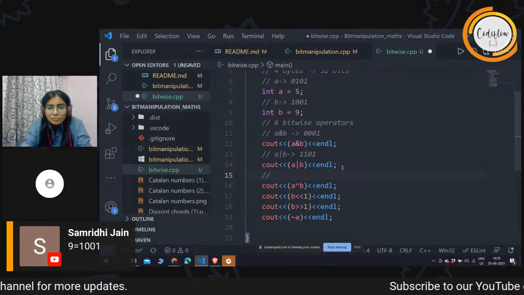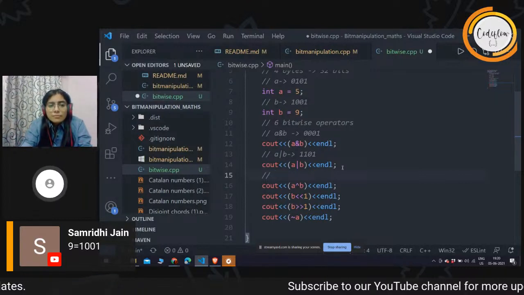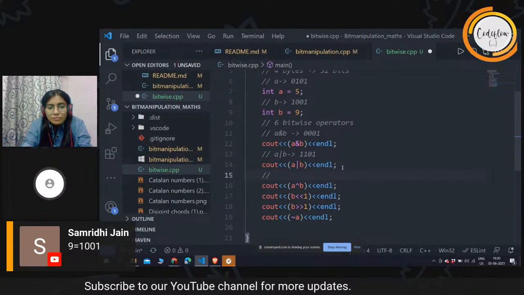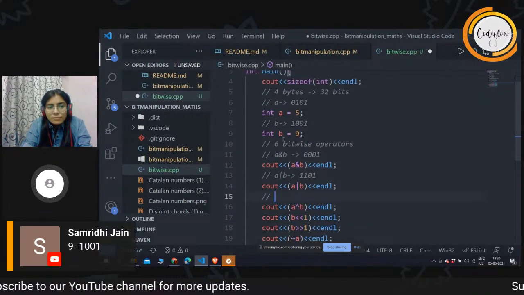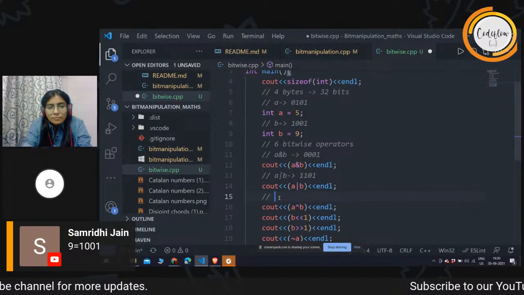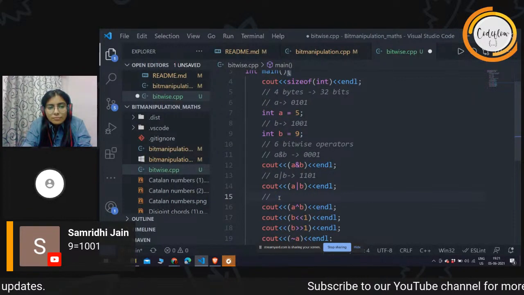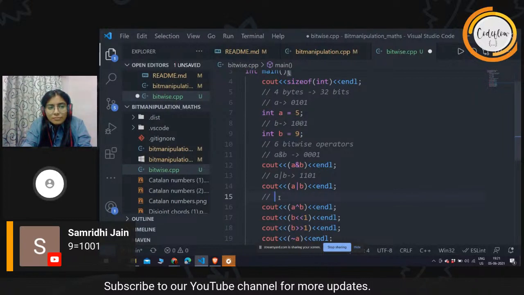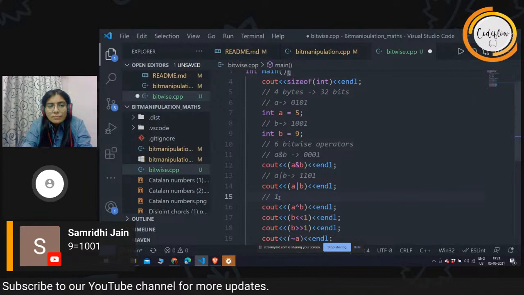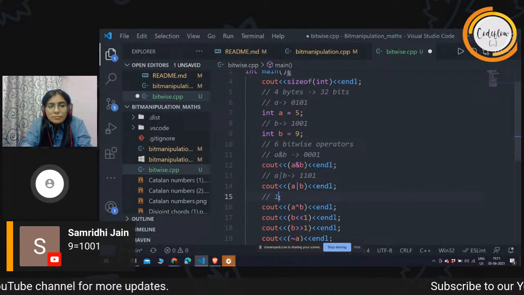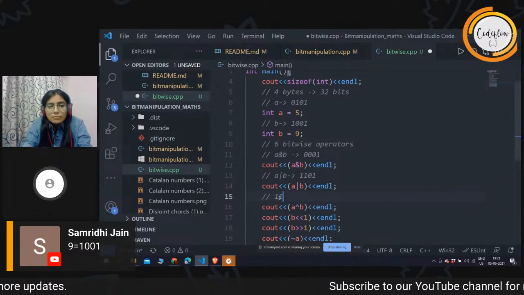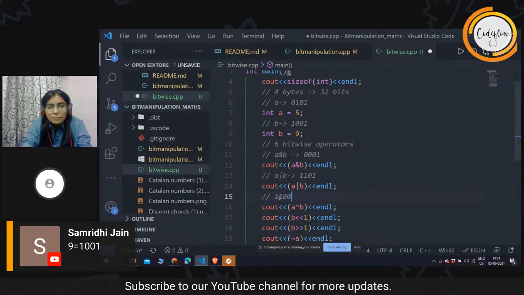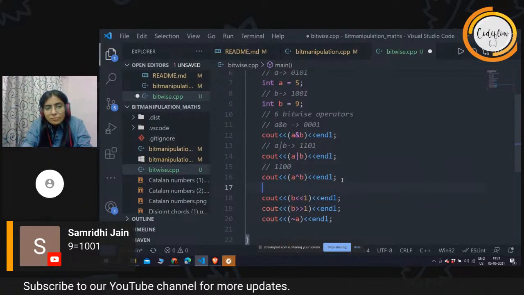Cool. So for XOR, whenever you have different numbers, there you will get 1. Whenever you have same numbers, you will get 0 as the answer. So just tell me A XOR B. We are comparing from the first element. For the first digit, 0 and 1, it is different, so my answer would be 1. 1 and 0, again my digits are different, so the answer would be 1. 0 and 0, my answer is 0 because the two digits are the same. 1 and 1 will give me this, right? Now,